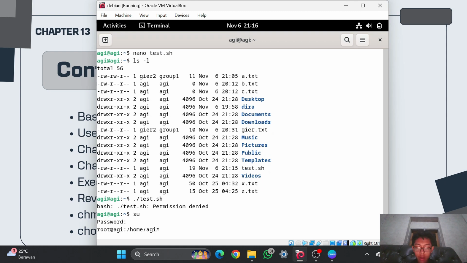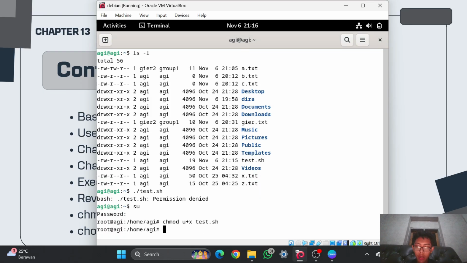In here, I will add the X, the execute permission, to user, group, and also other. Chmod, and then ugo plus x, and then the name of the file, test.sh, and enter.